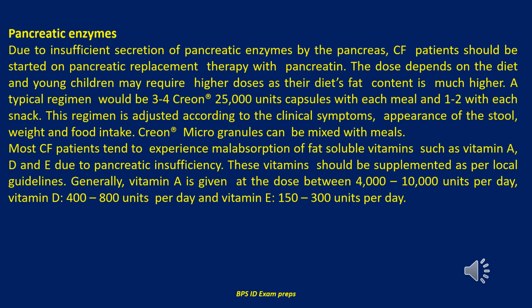Next we will discuss pancreatic enzymes. Due to insufficient secretion of pancreatic enzymes by the pancreas, cystic fibrosis patients should be started on pancreatic replacement therapy with pancreatin. The dose depends on the diet, and young children may require higher doses, as their diet's fat content